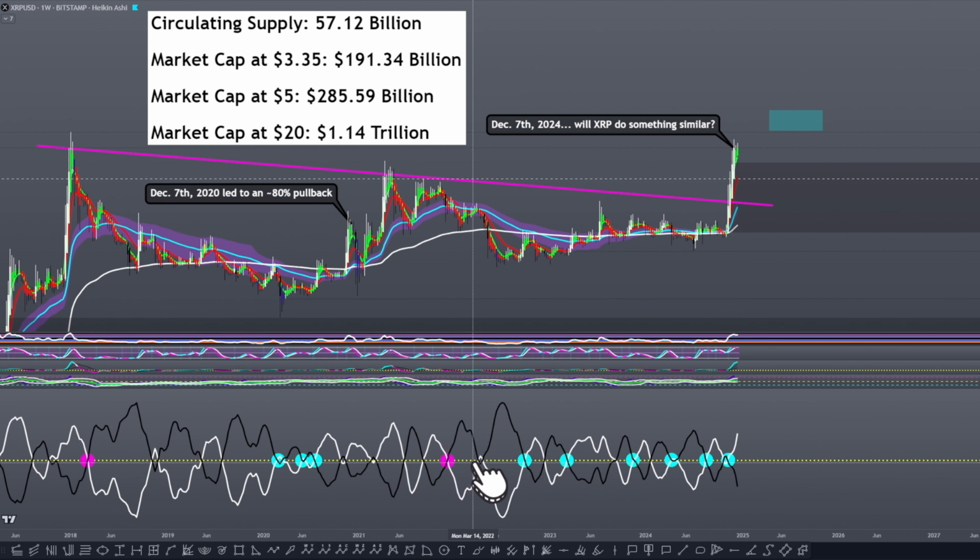We have then 1, which wouldn't have been a good buy-in in this case. 2, 3 would have been a good buy-in because you would have been buying the accumulation period right here, anywhere from around 32 cents all the way up to around 50 cents. You have 4, then you have 5. 5 would have been a good buy-in somewhere around March of 2023 at around 40 cents. You should have anticipated it because there was a subtle bullish divergence here from around July 2022 to January 2023, where the price was going sideways and the ASO, the bullish sentiment, was building upwards. So you would have caught the end of the accumulation period.